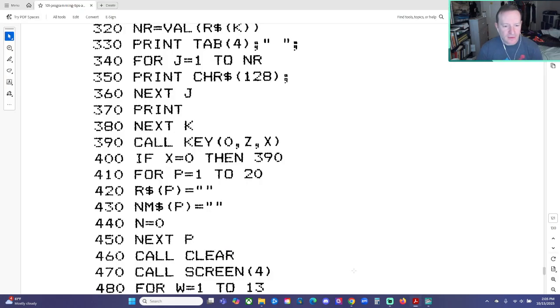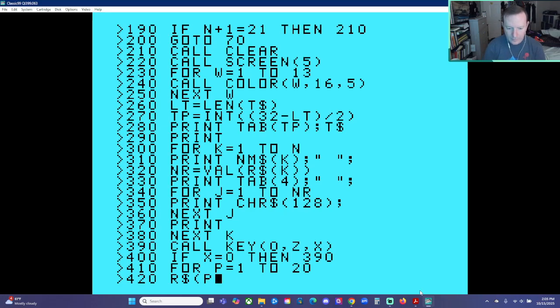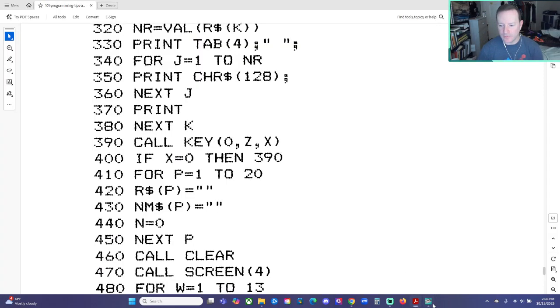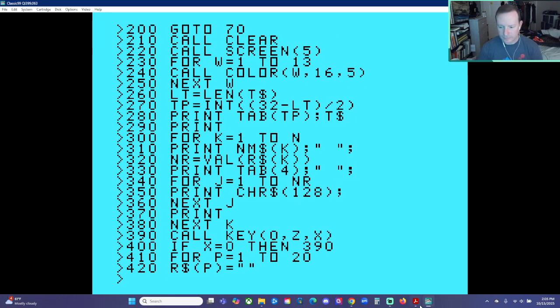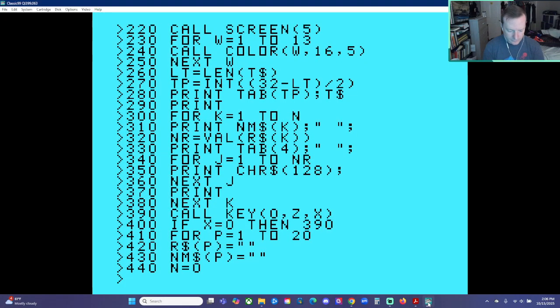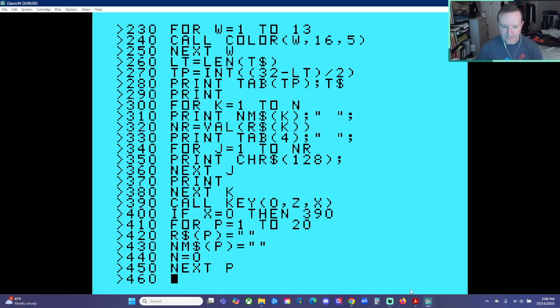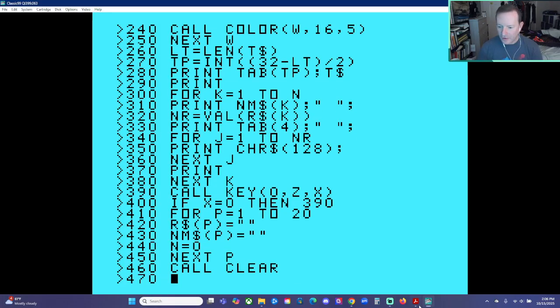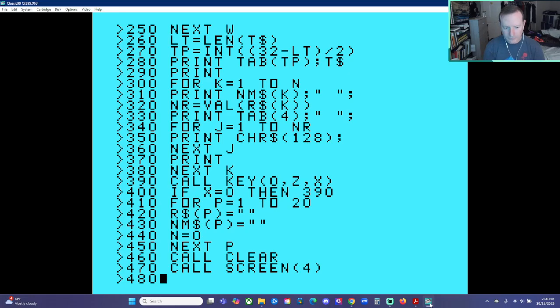For 20, R string of P equals quote quote. 430, M string of P, M string of P equals quote quote. 440, N equals 0. 450, next P. 460, call clear. 470, call screen 4. 480,